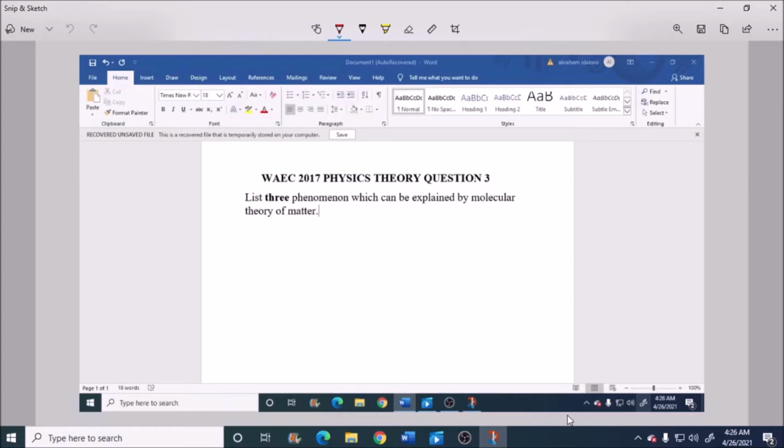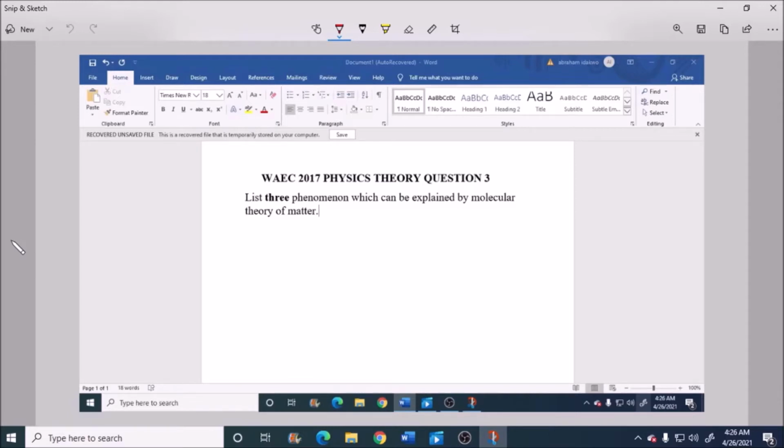The question says list 3 phenomena which can be explained by molecular theory of matter. Now matter is anything that has mass and occupies space. Alright, so